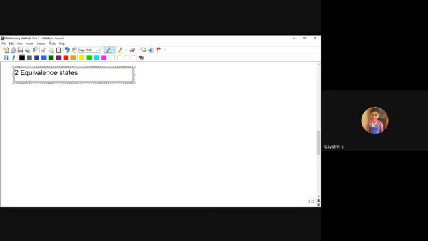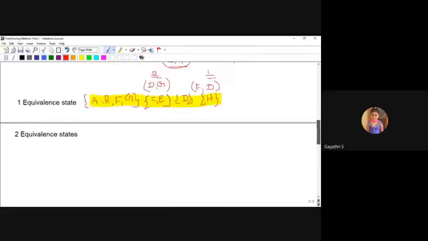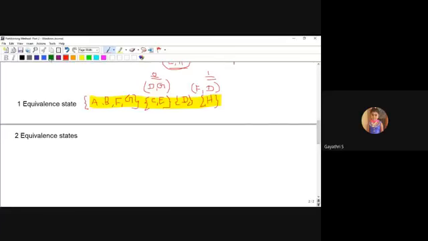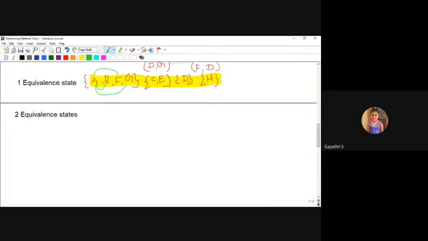Two equivalent states. What are the pair combinations here? The pairs are AB, then AF, then AG. The first one, the AB pair, on 0 and 1.